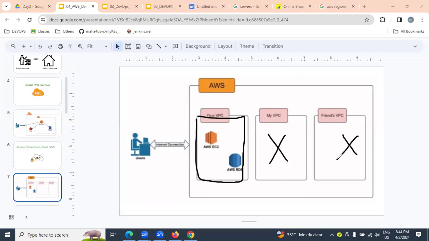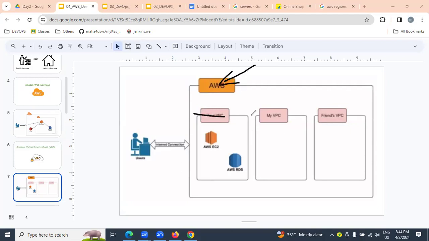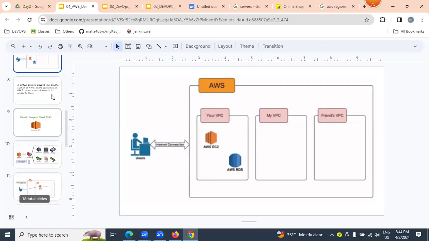For example, you are using Gmail. Can anybody get into Gmail? Yes. But does that mean they can see your mails, or that you can see my mails when I log into my Gmail? No, it is not possible. It is completely secure. In the same way, anybody can get into AWS and access their own resources, but not other resources, because it is completely secure.